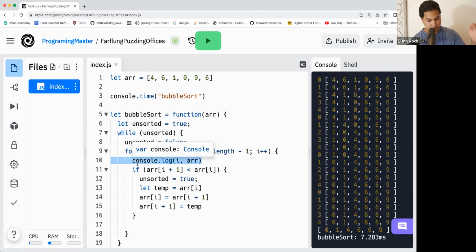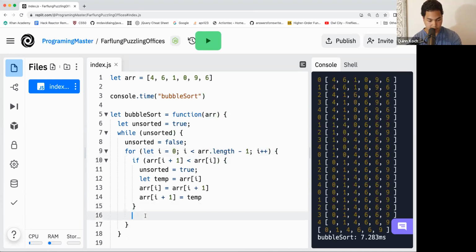Might be better if we put the console after the switch. Here, I'll cancel the log after the switch. All right, so we see on the first path, we didn't change anything. Second path, we